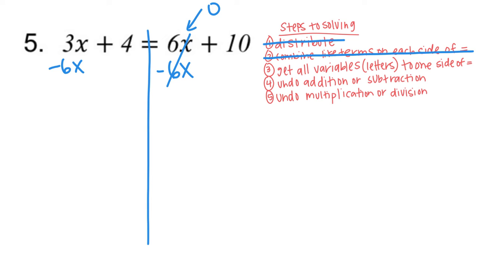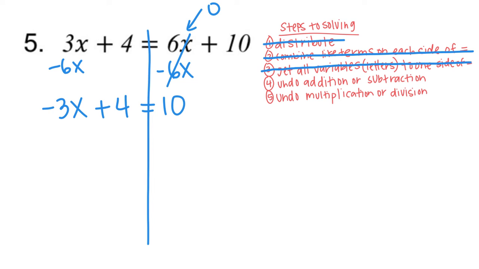3x minus 6x would leave me with negative 3x. And I'm going to bring down our plus 4. And on the other side of the equals, we're just left with a positive 10 now. So we got all our letters to one side of the equals. Step 4,